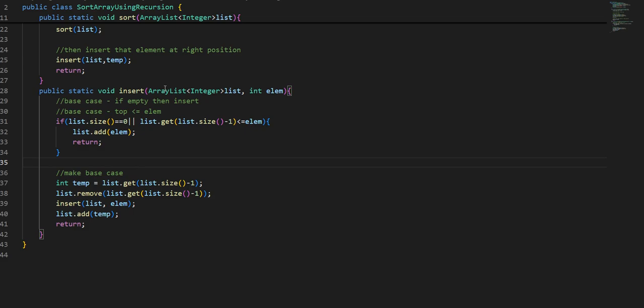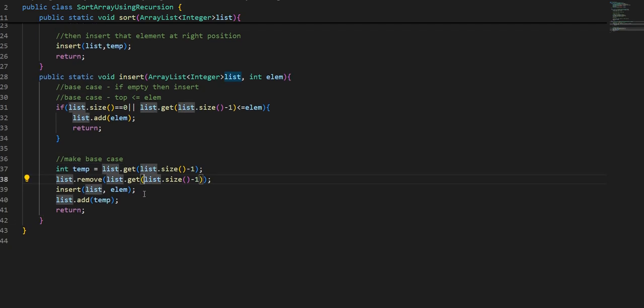But what if our base case is not fulfilled? As I said, one rule: if we don't have our base case, then make one. So we are making the base case. Now, how do we make the base case? Base case is like our size should be 0. Here, our size should be 0. So, like above, what will we do? We'll just